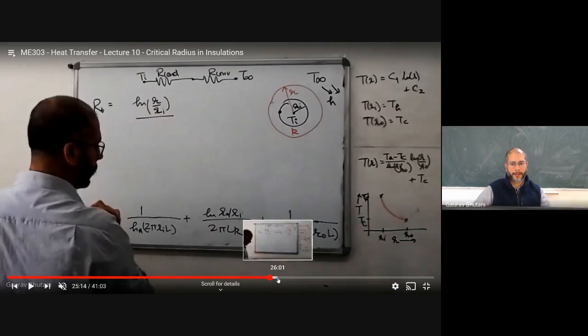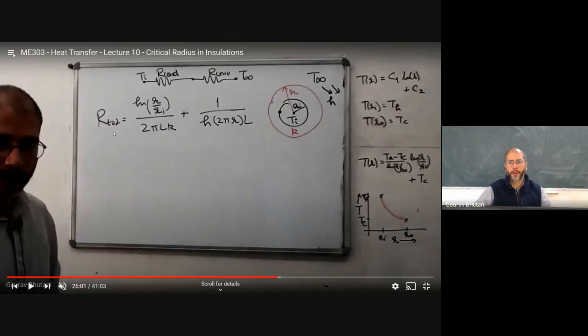So what we saw was that when you have a total resistance because of conduction and convection, when you add a conduction resistance, you end up reducing the convection resistance, because you give it more area by adding the insulation to convect heat out. So it can happen, up to a certain r, that the gain you get by adding a conduction resistance is much less than the loss you get because of increasing the surface area. And this is where we used